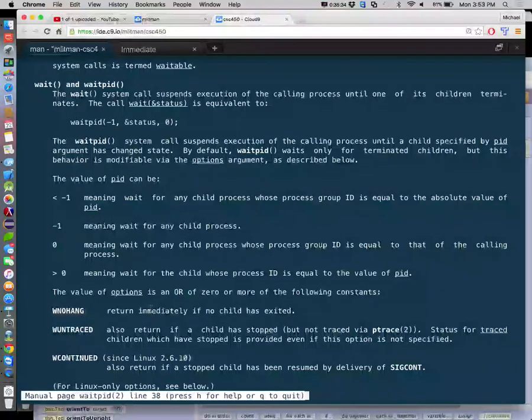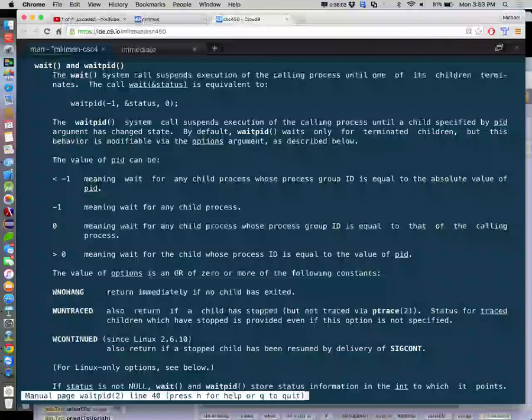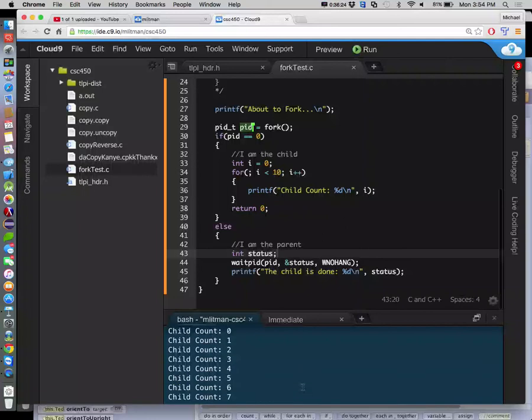So then we want one of these guys then. Or 0 or more of the following constants. WNOHANG. Also return if a child has stopped. True if the child terminated normally. Status is not null. Okay, yeah, so that's not options. So it looks like it wants us to do, where am I? That's not waiting for that specific PID. WNOHANG says